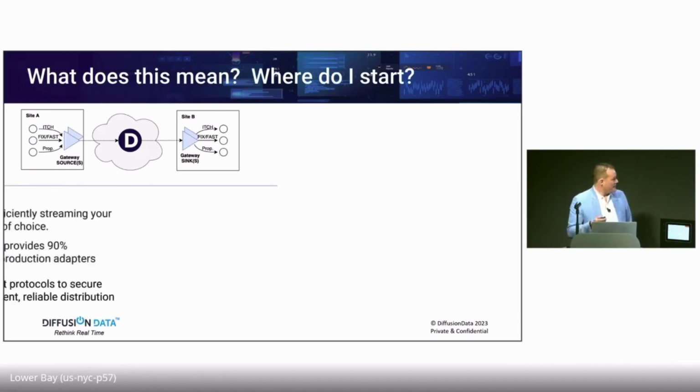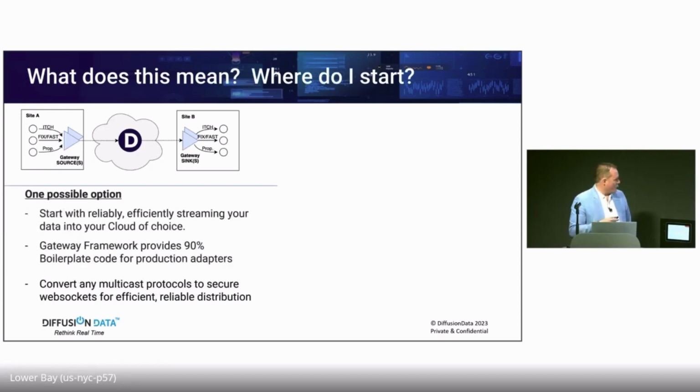And we basically have gone through it. So this is our gateway framework. It provides 90% boilerplate code. All we have to do is write the 10% for any adapter. So we can create a niche publisher or a niche consumer, and we can write to any proprietary internal format as well. And what this means is that every adapter looks the same.